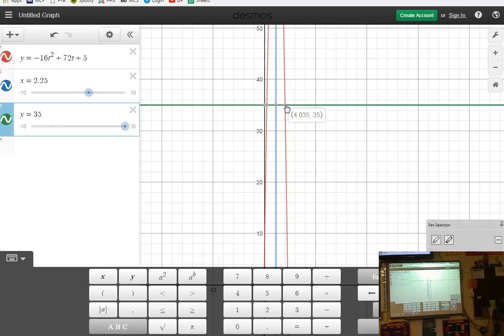How do we know he didn't catch it on the way up? Because it wouldn't be over the parabola. If you think about where the parabola is,